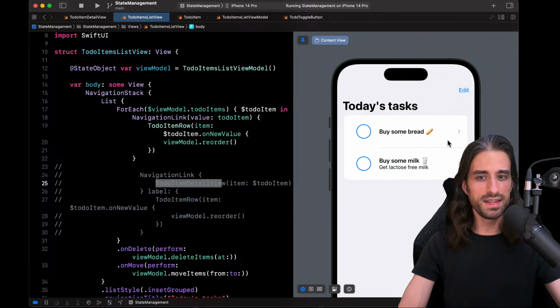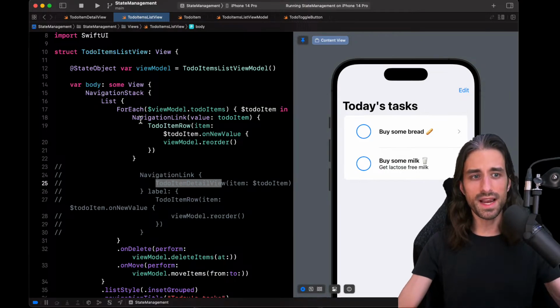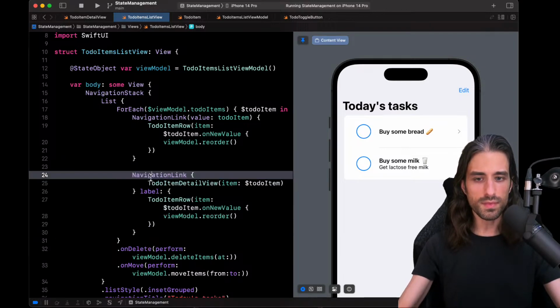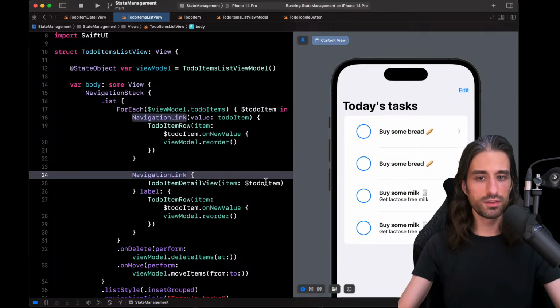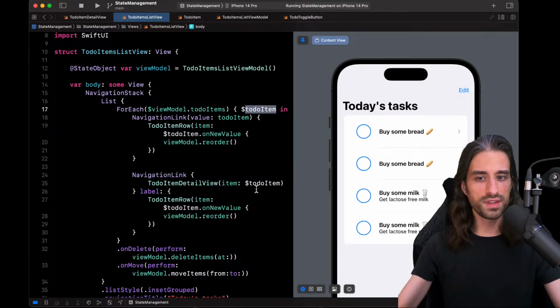Why is that? It's because this new API actually splits things into two. Before, in this code right here, we would have access to the to-do item because we were in the closure of the ForEach, and with it, we would initialize the destination view.